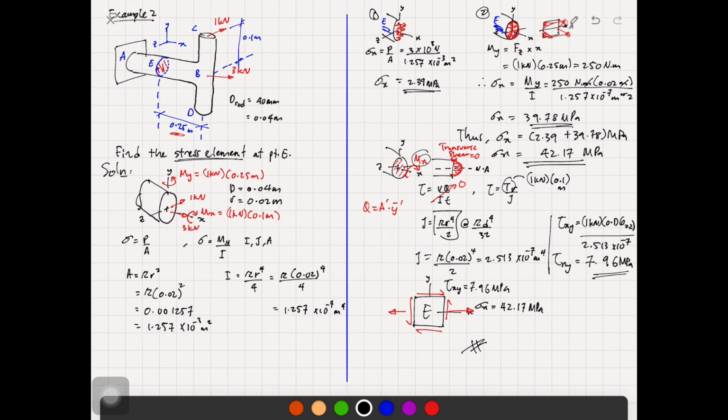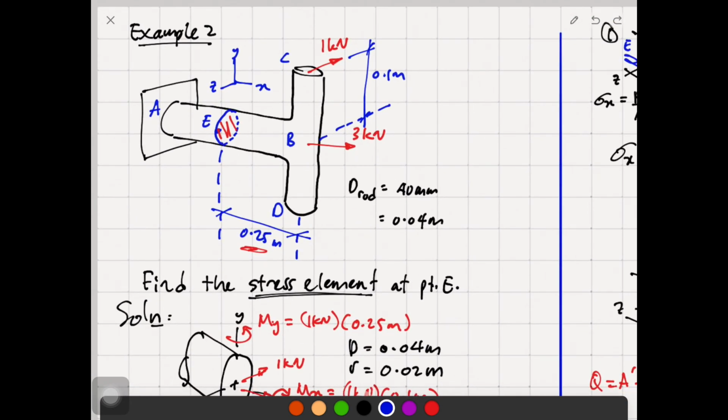Looking at the question again, right? The question asked to find the stress element. We did that. There is the solution. And I would like to reveal something I haven't revealed in the beginning, because I'm going to use the same example for our next topic. Of course, I'm going to introduce a little bit on stress transformation, but later we're going to see that actually at point E, the question can be twisted into, the question might say,